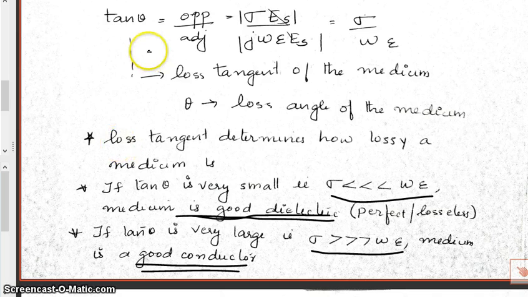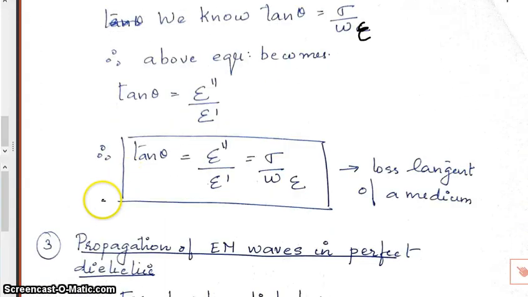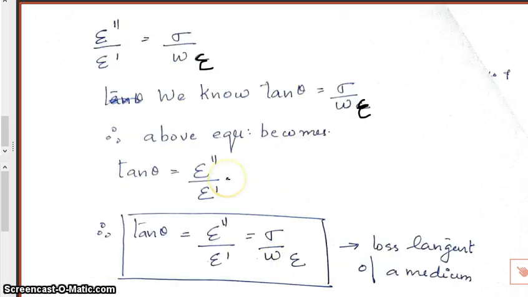So I can say this tan theta determines how lossy a medium is. It measures the loss in a medium. Similarly, there is another representation for tan theta, that is tan theta is equal to epsilon double dash by epsilon dash, which is equal to sigma by omega epsilon, where epsilon dash is